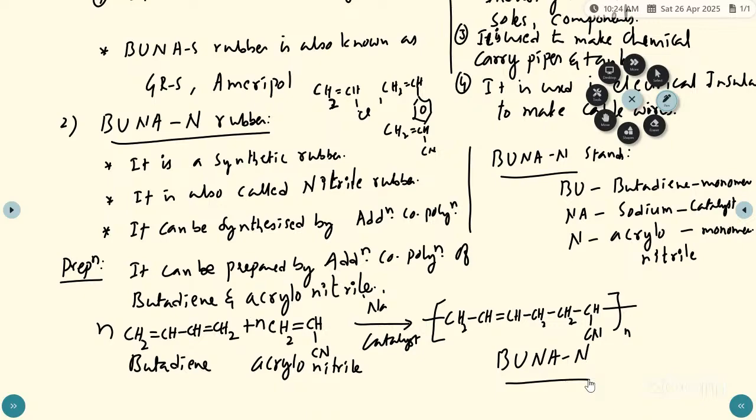One is vulcanization, vulcanized by sulfur, and the second one is electrical insulator. And the next one, different from Buna S, is that it is excellent in resistance to sunlight, oils, acids, and